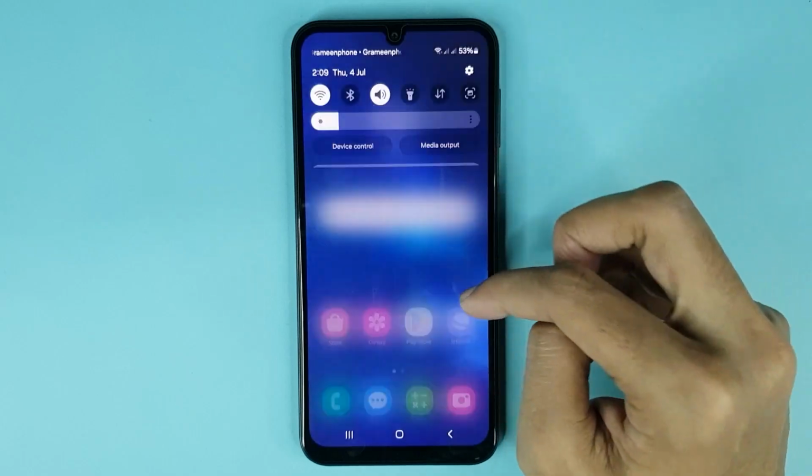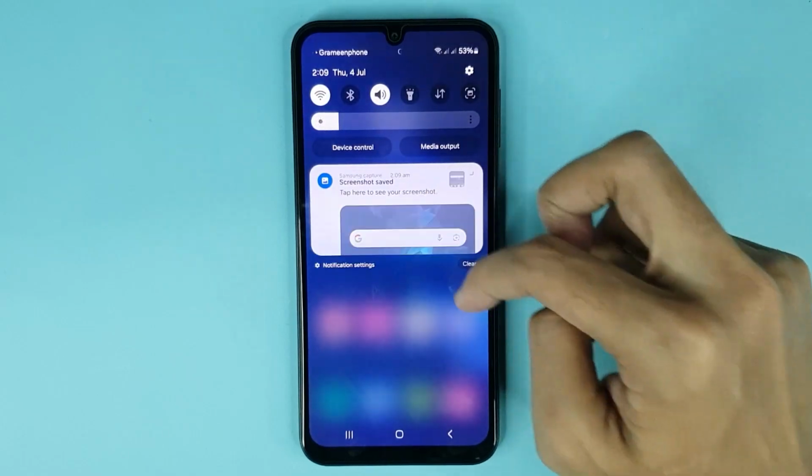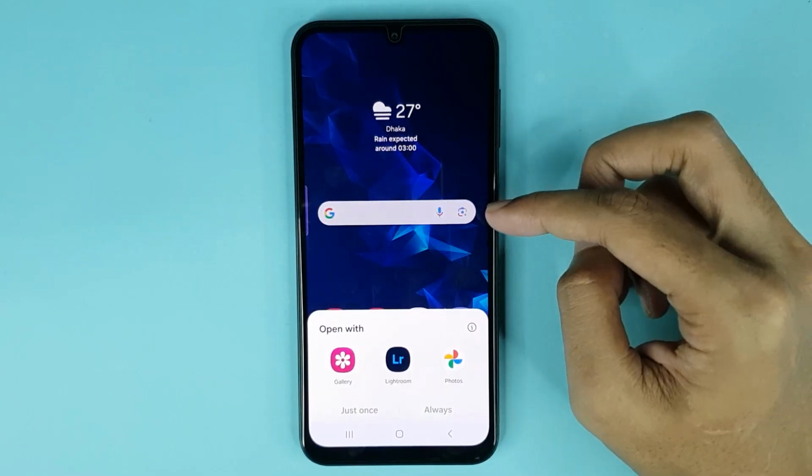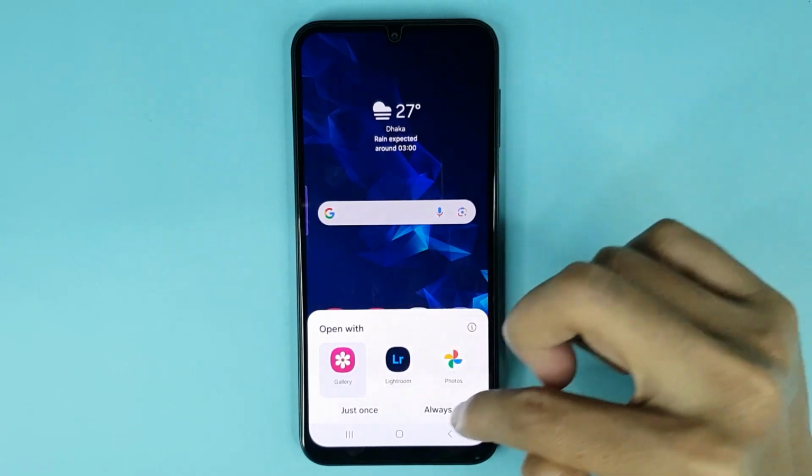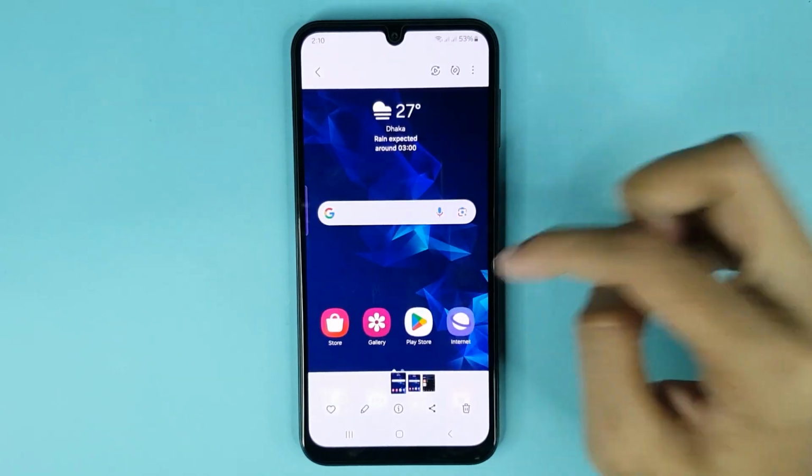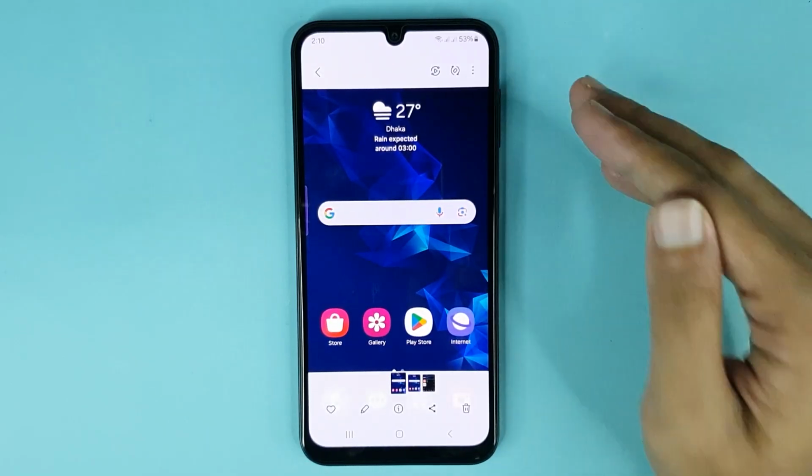swipe from top to bottom, you can also find your taken screenshot from here. Then select gallery, then tap on always, and here it is. And that is how you can find a screenshot in your